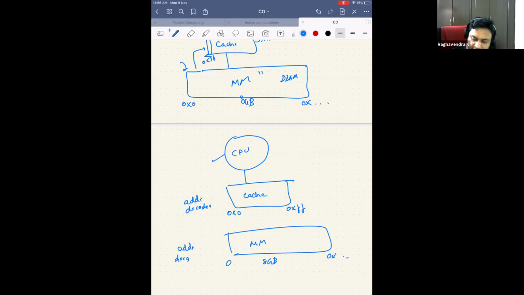When a CPU generates an address between 0x0 and 0xFF, I directly go into the cache and read that particular byte. Let's say the CPU generated 0x3f. I go through this address decoder, read or write, and go back to the CPU. Or if I know that 0x3f is stale, then I go to the main memory and bring it. But what is the disadvantage of this design?